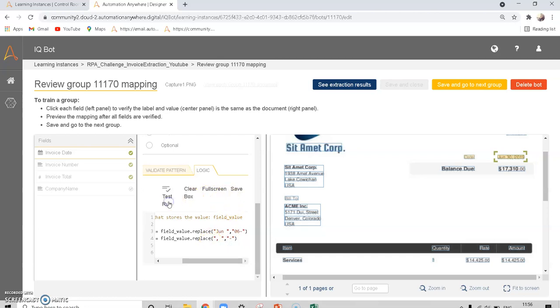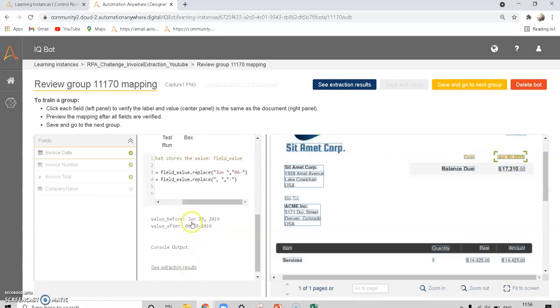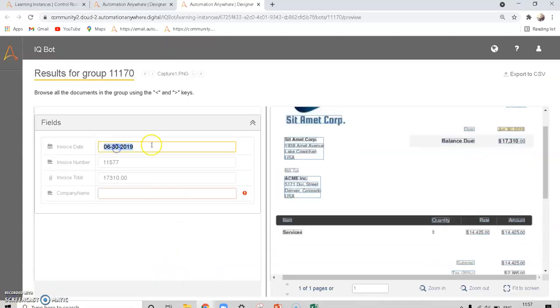Okay, we can see the result. It extracted correctly June as 06 hyphen and 30 and comma space as hyphen. And if you are having so many documents, what you have to do is put like JUN from January till December in the same format like this, and for January 01, February 02, etc. We have to replace every month like this, and it extracted correctly. You can see the extraction result. Extracted the invoice date correctly.